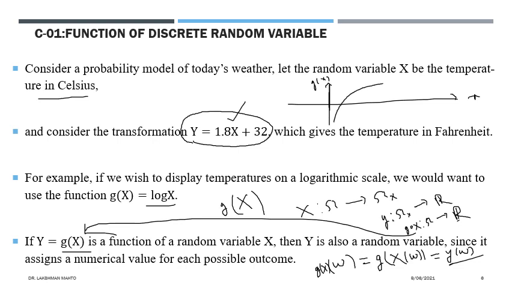So that's why we can say that every outcome of the sample space can be engaged by some value of Y. It is not like you are leaving any outcome outside the map of Y. Every outcome of the sample space must be engaged by Y. So that's why Y is also a random variable.